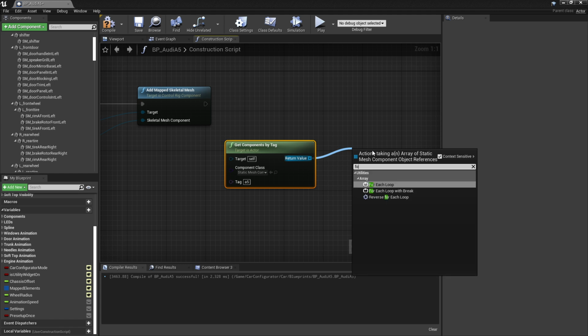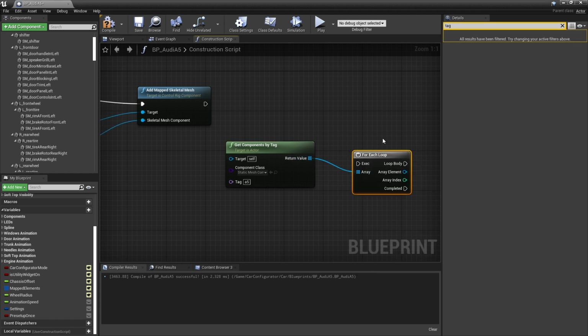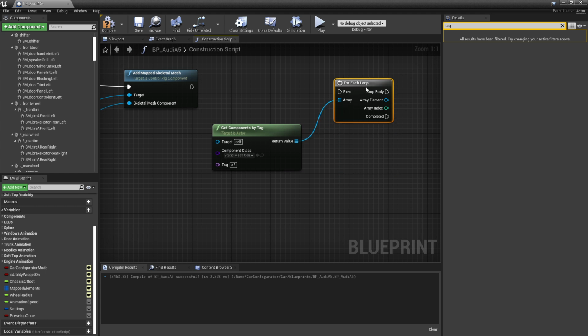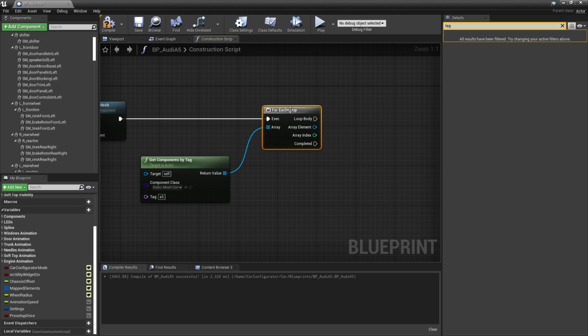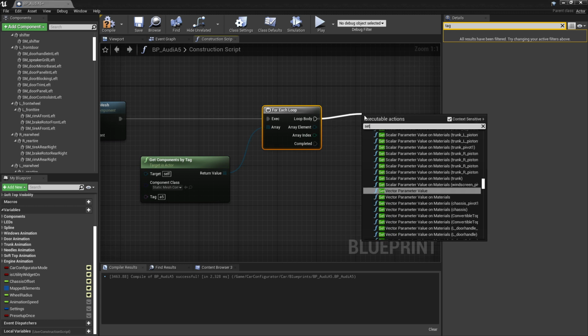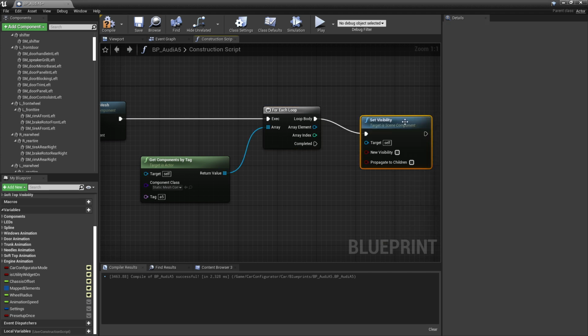We're going to run through that array, hook this up so that it executes, and set visibility on everything that's been tagged with A5. So we'll do a set visibility and grab the array element into the target.